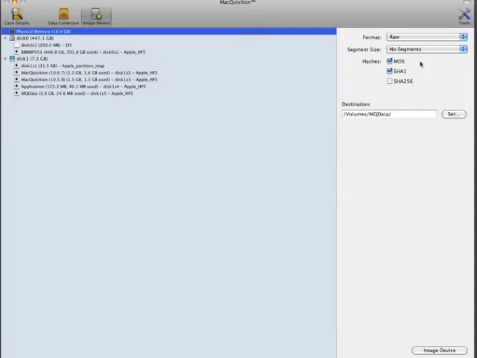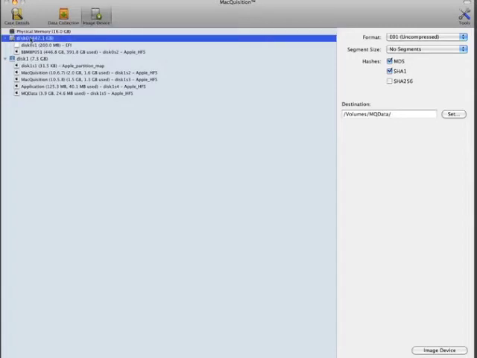I can also choose to do different formats, which is new for this version. Before, we had RAW and we had DMG. Well, we've added EO1 support because that seems to be becoming the baseline that everybody's using for imaging, predominantly because of the compression capability. So we added EO1 capability. So I can simply do EO1 and I can make a RAM dump of my RAM. The other thing is, before, MacQuisition was set for specifically imaging physical devices, and we've made that change